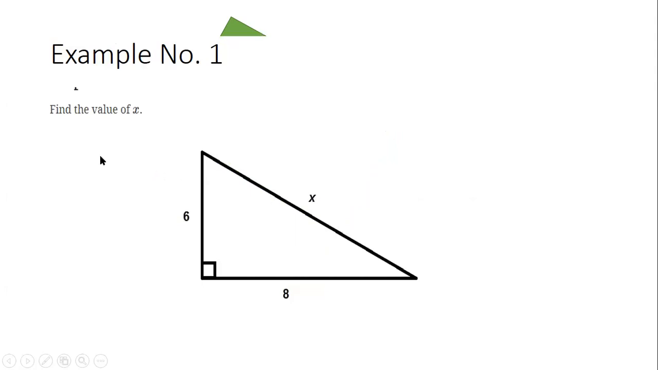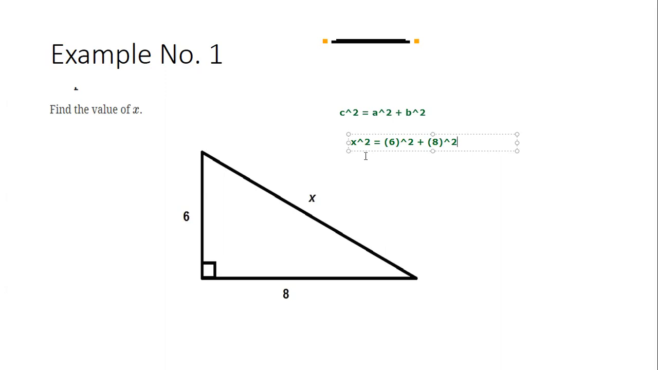So let's use that in our example. Let's say we have this triangle here, and we're asked to find the value of x. Our value of x here is the hypotenuse. So you're going to use the formula c squared equals a squared plus b squared. You're going to replace c squared by x squared, so x squared equals 6 squared plus 8